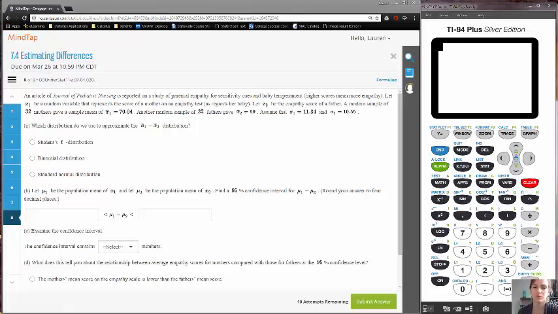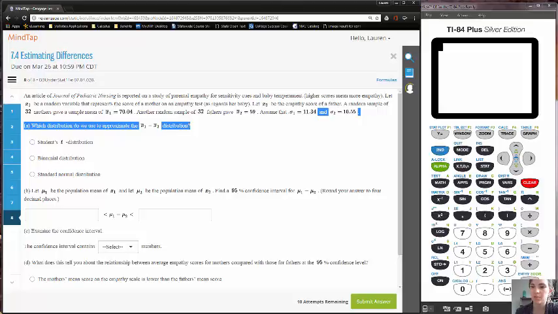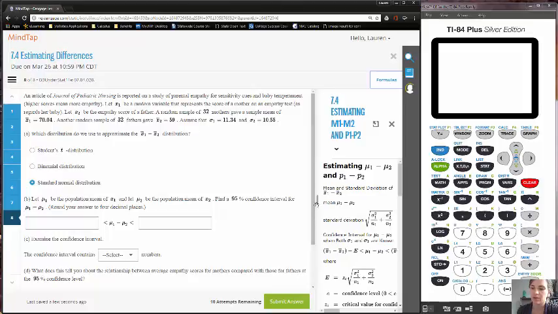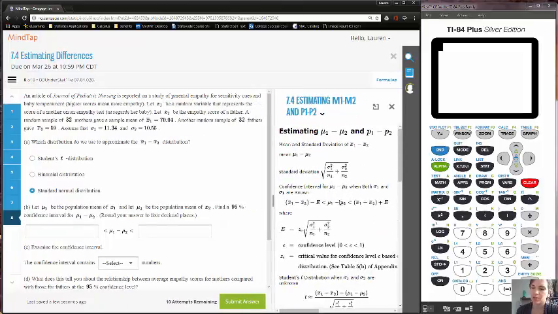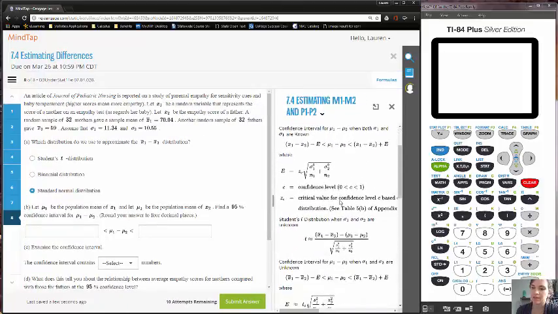Okay, so to correctly answer this question, we first have to decide what distribution we should use, or which formula will be used to construct the margin of error. The first thing you should notice is that the standard deviation of both populations is given right here. So that means that it's a standard normal distribution, or we can use the z distribution to construct the margin of error. You can find that by this reference page, or the one that's provided on e-learning, that says that